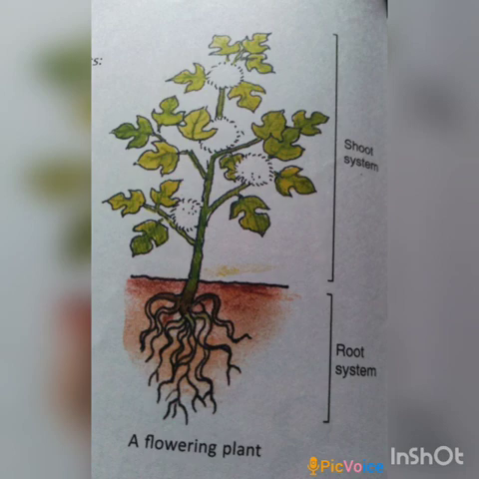In order to understand the root system, let us know about its functions. Number one, it holds the plant to the soil. Number two, it absorbs water and minerals from the soil. Number three, it acts as a storage organ of food materials in some plants. Number four, it binds the soil together so that it does not get washed away during rains or blown away by winds. That means it also helps in protection of the soil from soil erosion.